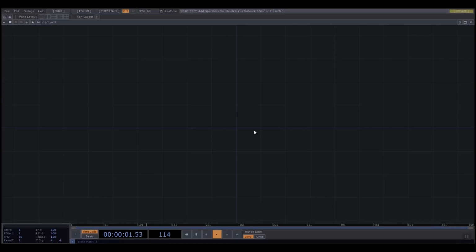Okay, so let's start off a new blank TouchDesigner. So just File, New, and let's get started. So the first thing I'm going to create is, if I look at our reference again,